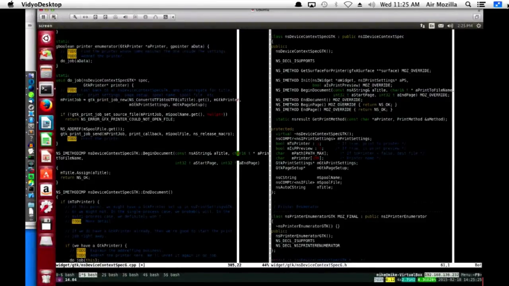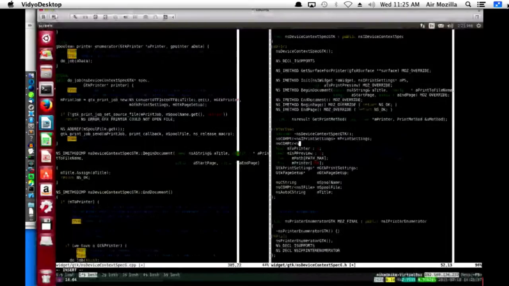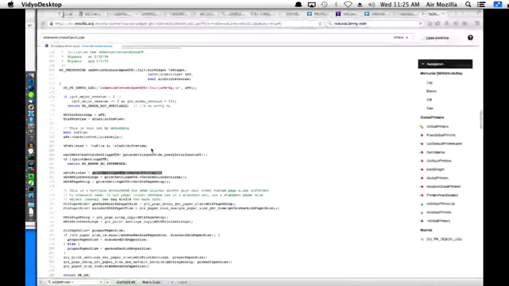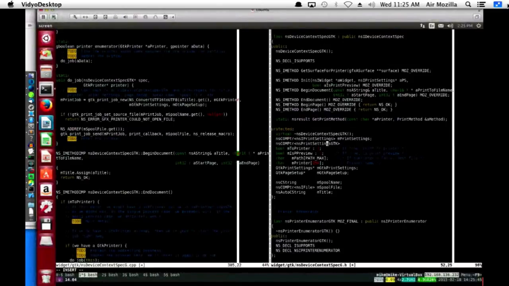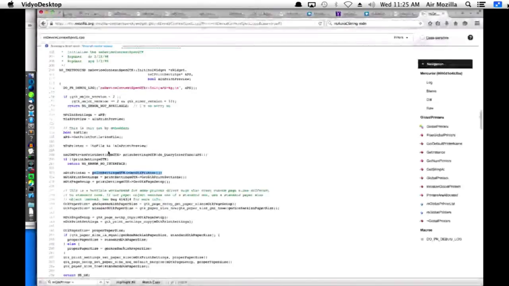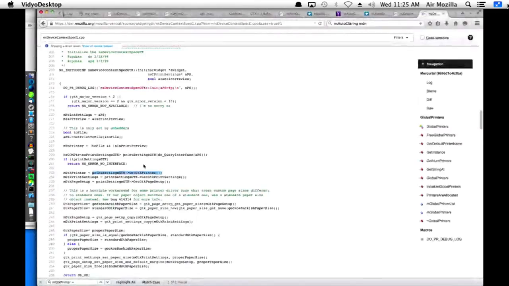I have a feeling we're going to use that a lot. I don't want to cast it each time. So what I'm going to do is add print settings GTK. Does this need to be a COM pointer? Well, that's what's done up here. We query interface, NS print settings GTK. Okie dokie. And we'll do that in the constructor, or the init function.